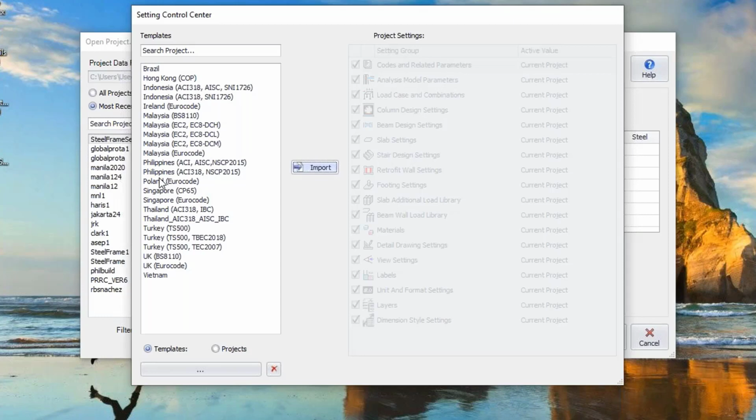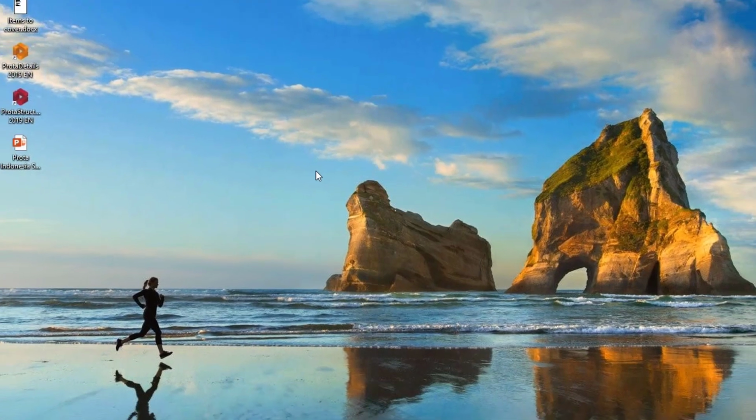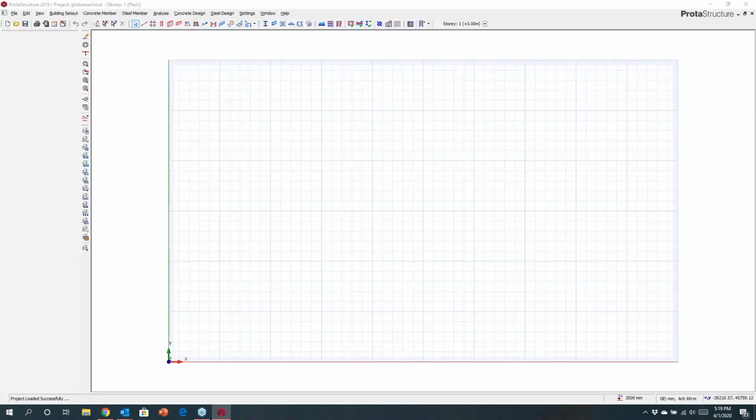You can also create your own templates, so this is not hard and fast. You can adapt these to suit the way in which you want to present information. What the templates do is they standardize the way design and detailing is done. So I'm going to choose something a bit different from last week. Last week I did a Eurocode template. Today I'm going to look at the American codes, and we'll use the Philippines template as an example. So when we do this, the local codes of practice will be loaded, and then you can get straight